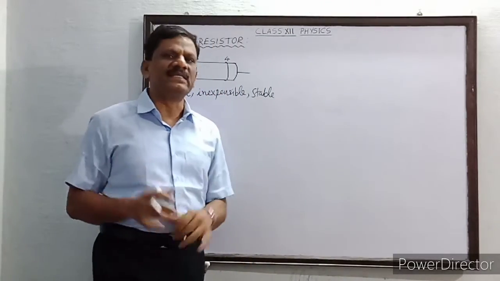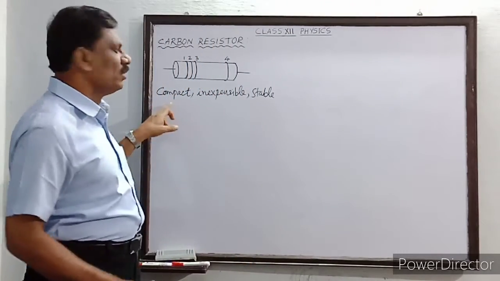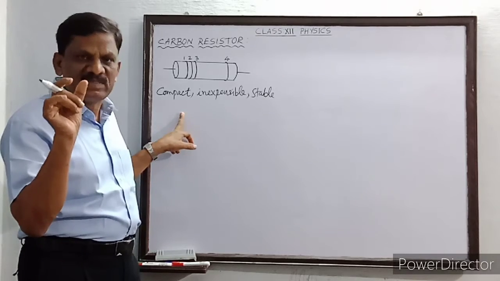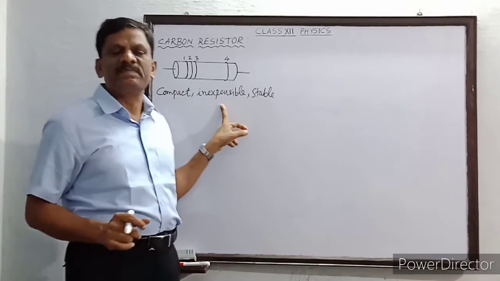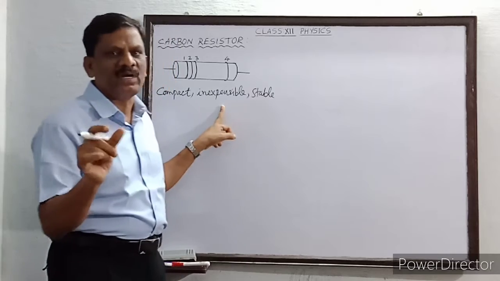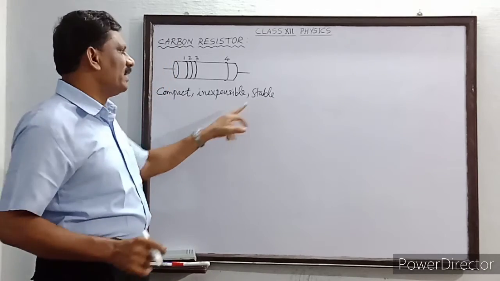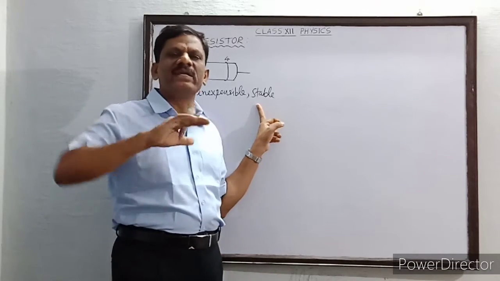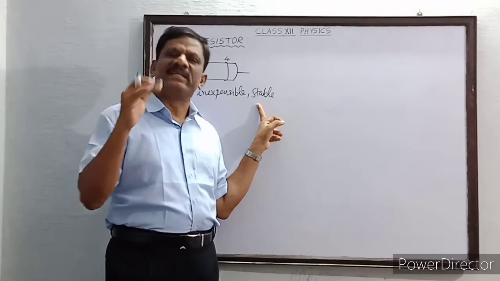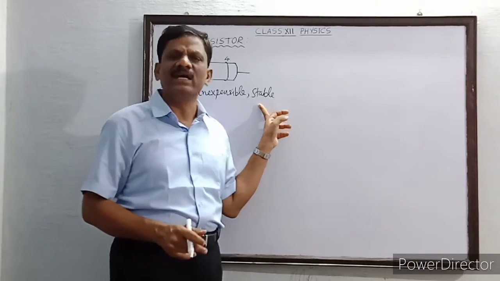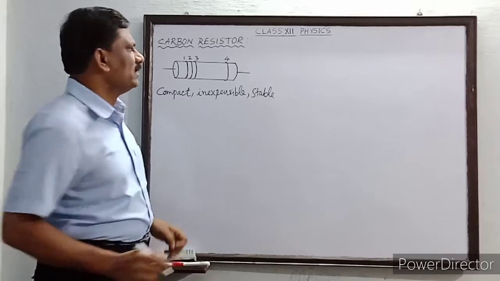And what are the advantages of the carbon resistor? I told you it is compact, that is, very small in size. It is inexpensive, that is, very cheap, the cost is very low, and also it is very stable according to the variations in the temperature, the variations in the current and the voltage. Okay, now